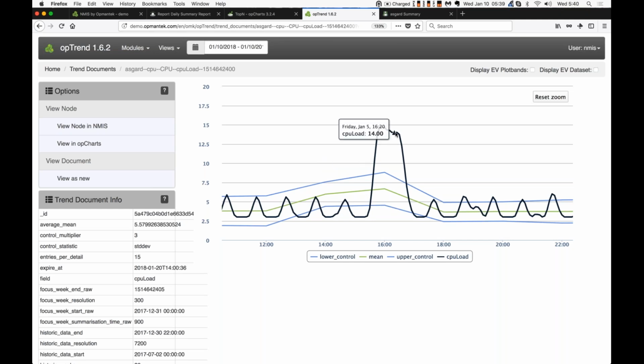The idea here, again, is that you can slowly migrate yourself as the system gathers more performance data about your devices, about your network. I would start with thresholding and escalation rules in NMIS, working with Opie Events, and then as I collect information in Opie Trend over time, I would then turn on the Opie Trend event creation. So Opie Trend then starts sending events to NMIS. NMIS processes those,